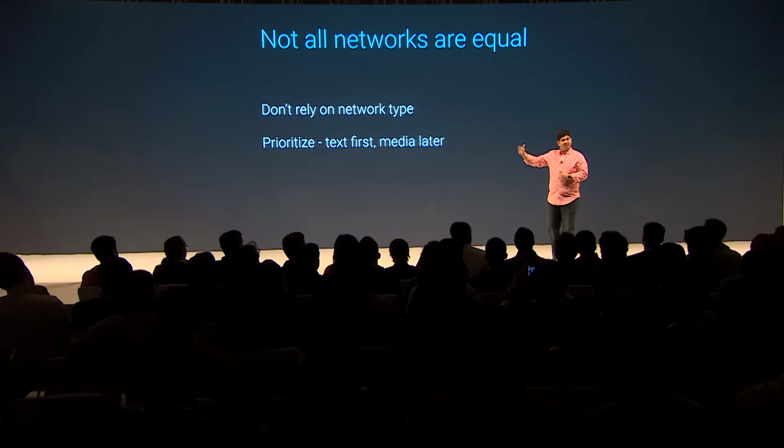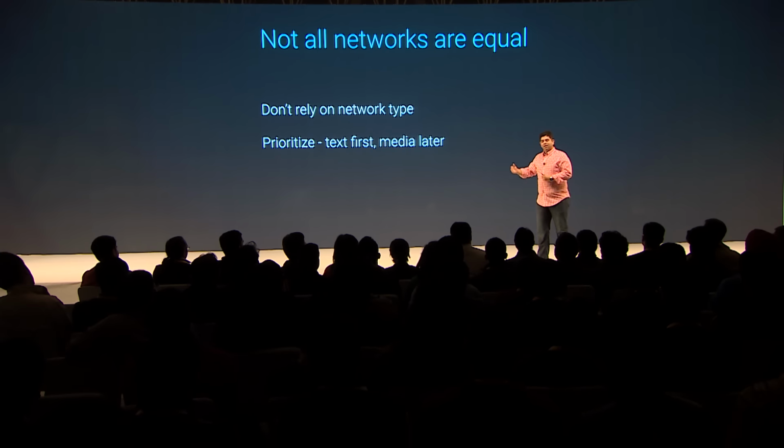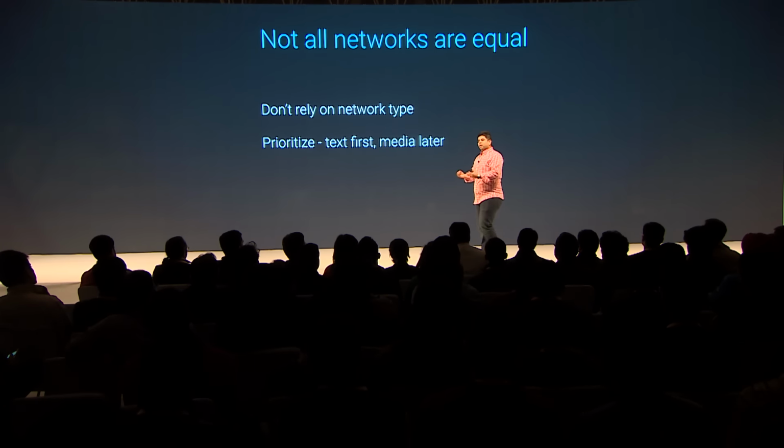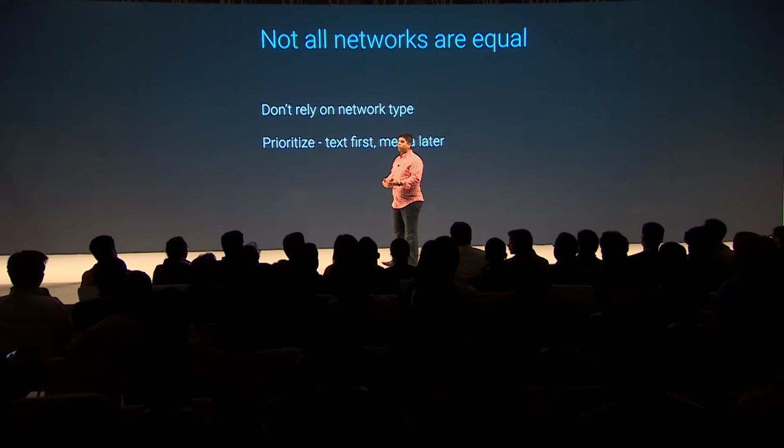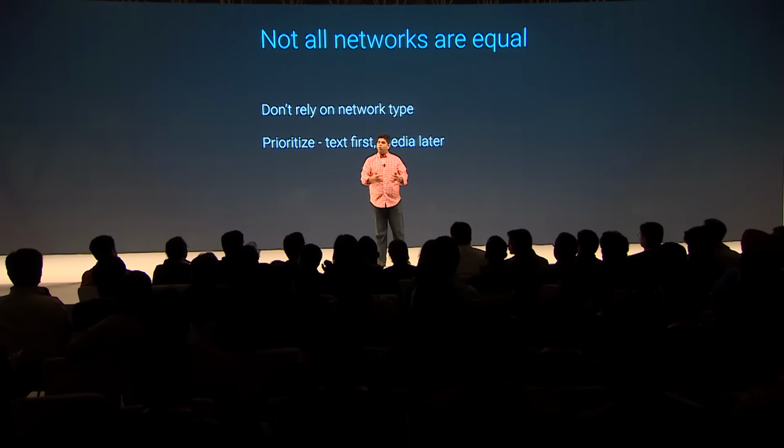The first thing to keep in mind is that not all networks are the same. You can have users on a 4G network that have 2G-like speeds. You can have users that are on broadband networks, on Wi-Fi networks, that also have very slow speeds. And in fact, that same user on a 4G network with 2G-like connectivity can travel 2 blocks that way and suddenly get 4G connectivity. So what you want to do is not make an assumption about the quality of the network based on its network type, but you want to be continually conscious of the quality of the network